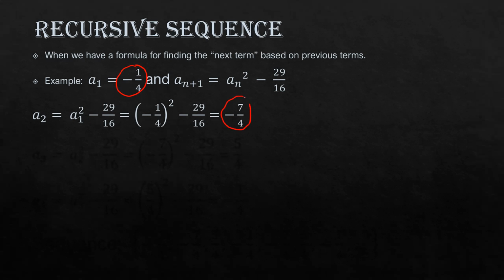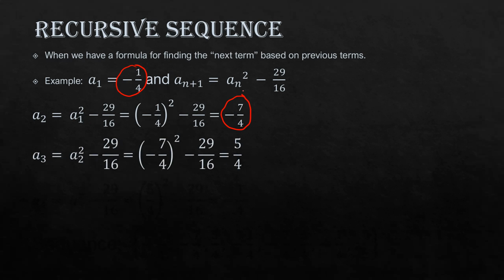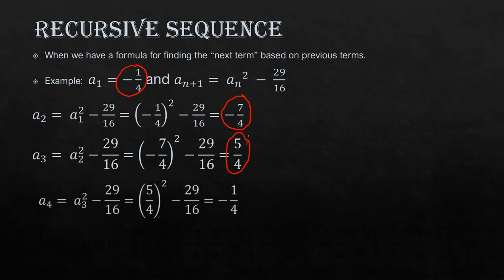And then the second term is -7 over 4, right? And then A3 is going to have to be A2 squared minus 29 over 16, and that will give us 5 over 4. And then A4 is A3 squared minus 29 over 16, which gives us